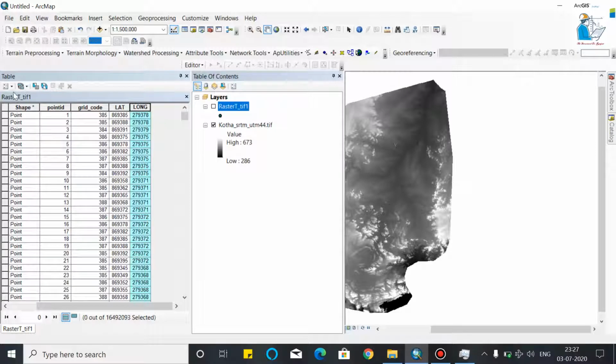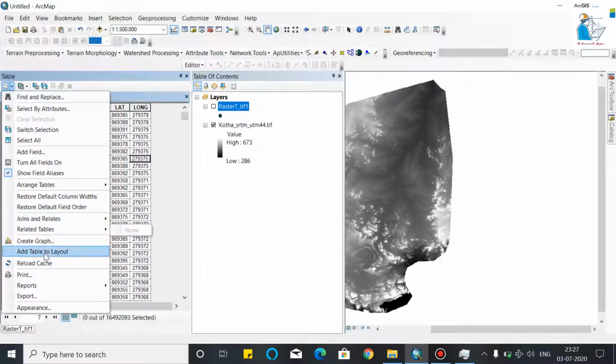Now we will export this point shapefile attribute table to an Excel sheet as a CSV file. This is the export.